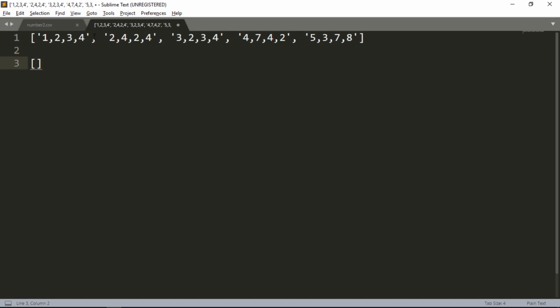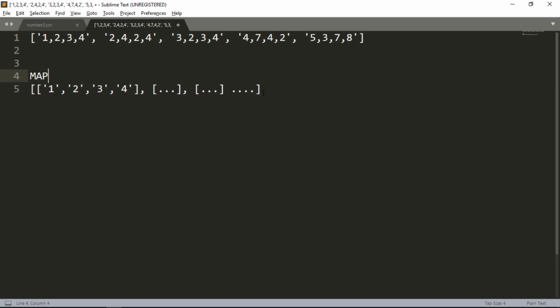Each element gets split, I'm just writing it for the first one. The same will happen for the second one, and the third one, and so forth. This is how mapping works.